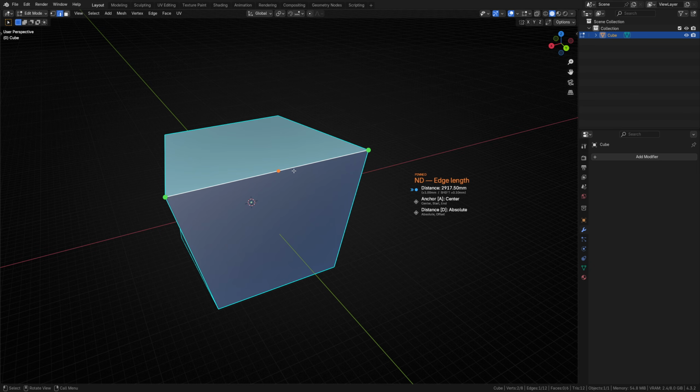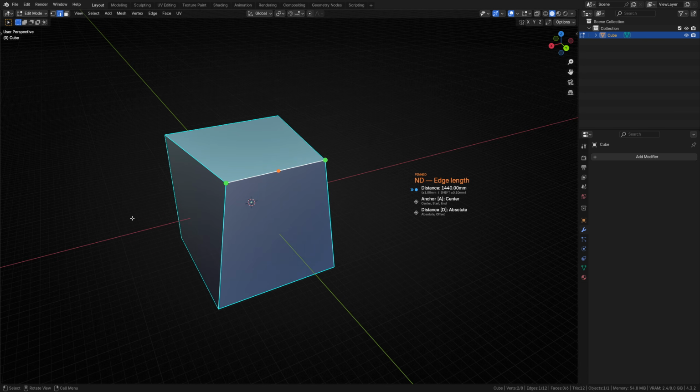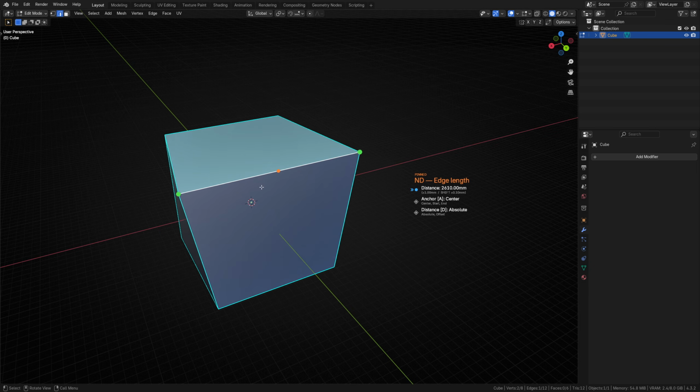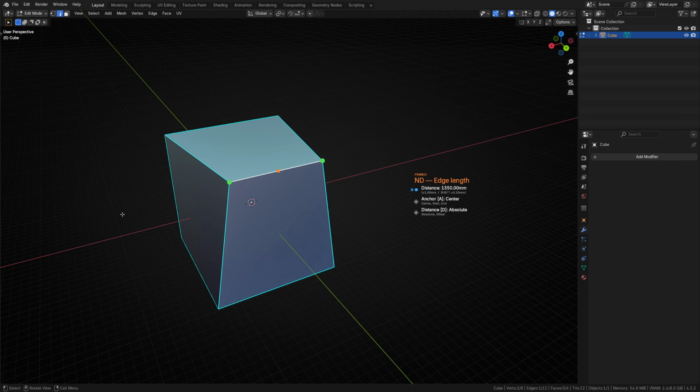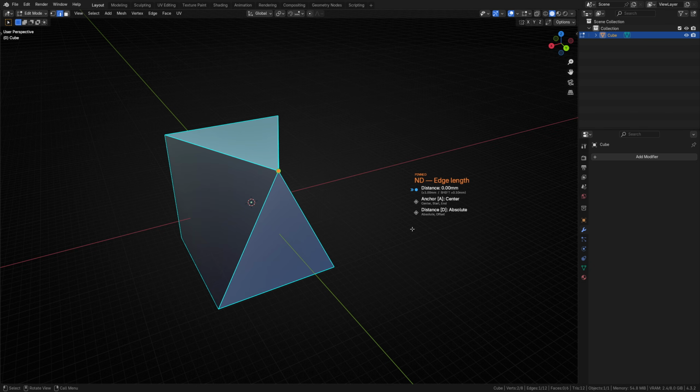When a single edge is selected, it will default to absolute. This means that whatever the distance is set to will be the final absolute length of the edge. This is great for when you're looking to precisely set the length of an edge. You could be modeling a product with strict measurement requirements, creating an object that will be 3D printed, etc. While the distance option is absolute, the smallest distance you can set is 0. Anything below 0 makes 0 sense when talking about the length of an edge.